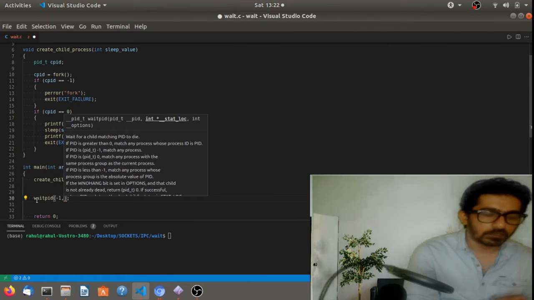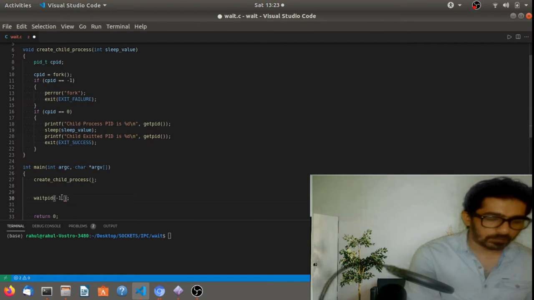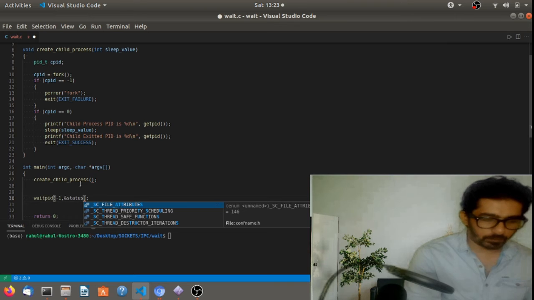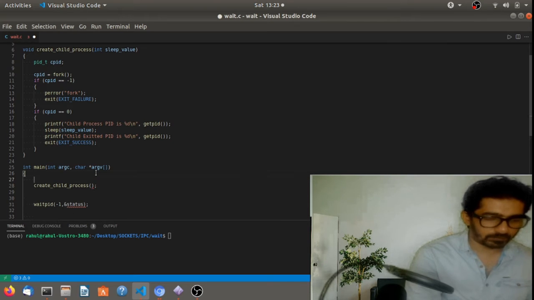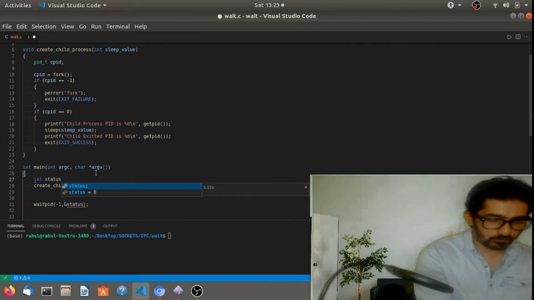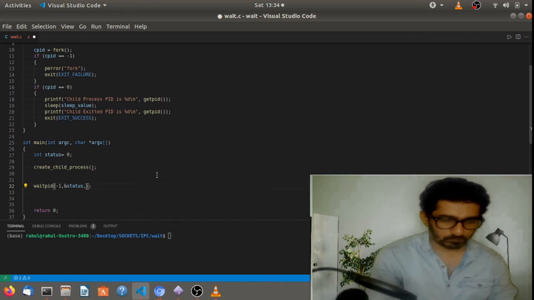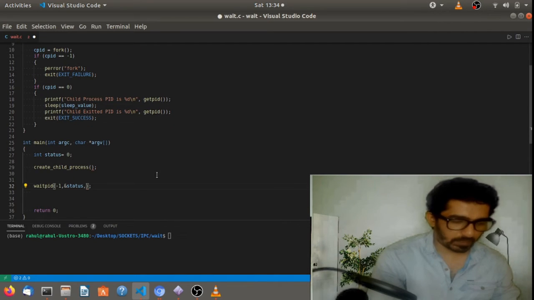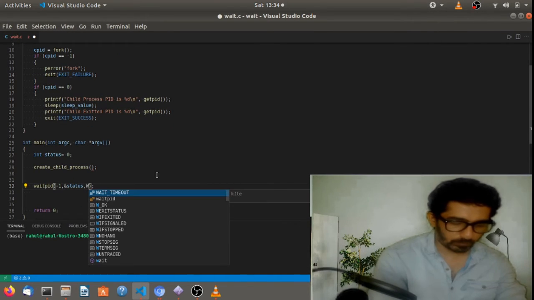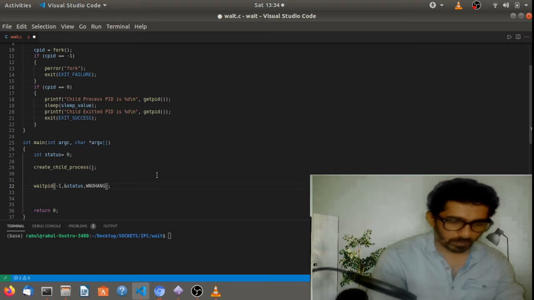If we want a particular process to monitor, then we have to give the PID here in place of -1. Then we have to get the status of the process, so we have to define one integer value here. Let's initialize it to 0 first. The third parameter I will be taking is WNOHANG.